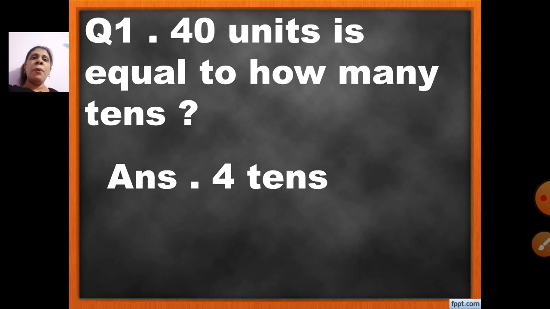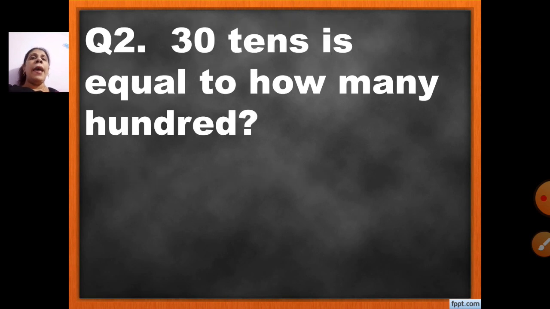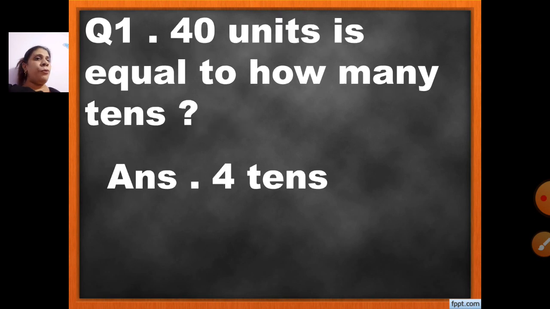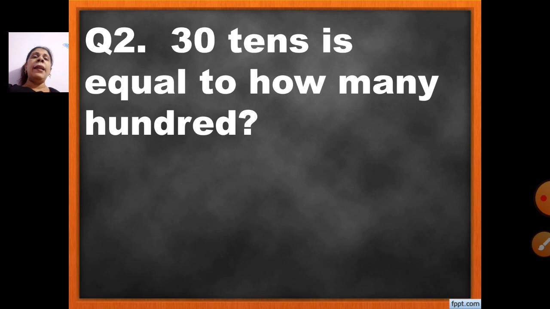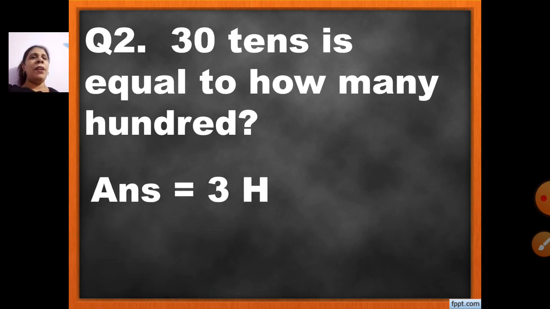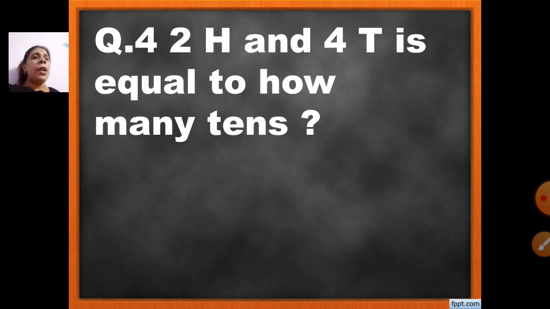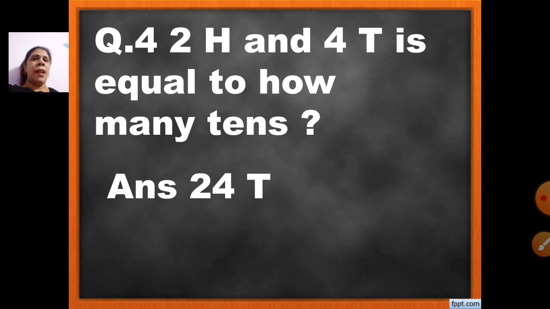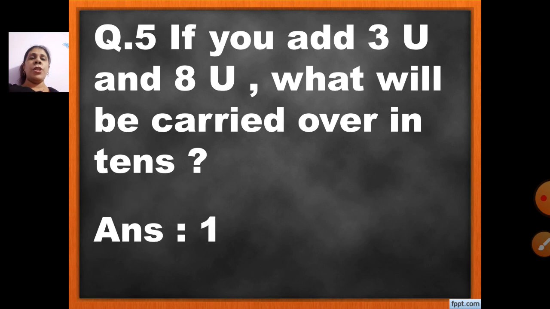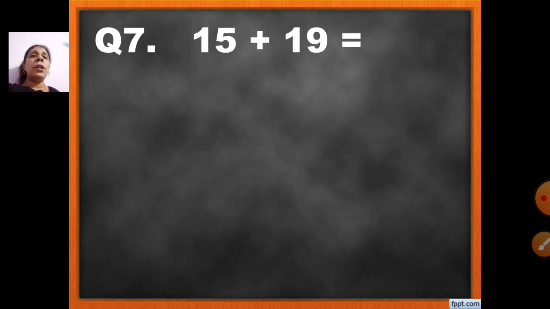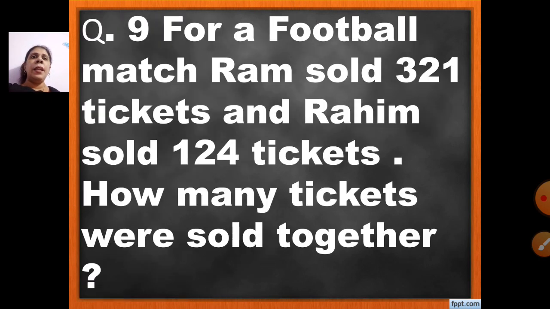After you finish question number 1, leave one line and write question number 2 and then write the answer. Okay, first you finish question number 1, then write the answer of question number 1, then leave one line and write question number 2, and then write the answer of question number 2 and leave one line and question number 3. Like that you will continue, by leaving one line, one question, the same answer of that question, and then leave one line and write another question. Like that you will write total how many questions are there. I'll show you.